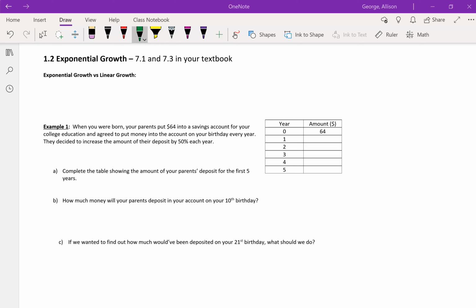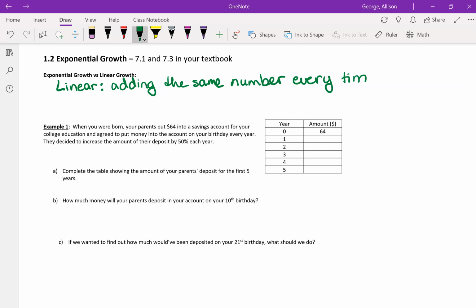All right, so let's talk about exponential growth. We talked about exponent rules last time. We talked about bases, and our exponents, how to combine them, and things like that. So now what we're going to talk about is exponential growth. You've done linear growth, or we've done linear growth a bunch, and if something's growing linearly, we are adding the same number every time. And so for exponential, instead of adding something every time, we're going to be multiplying the same amount every time. And that's the difference between the two growths,